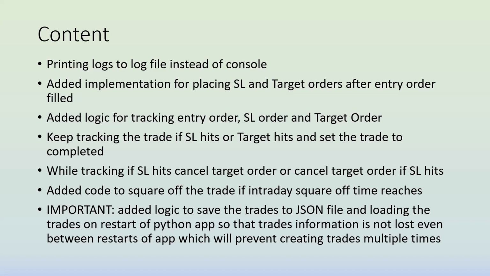So how do we write to the JSON file? We need to write periodically and update the JSON file, because your trade details and order details keep getting updated. Every minute, the way we track the trade, in the same loop, after we update the order details, we update the persistent storage, that means the JSON file where we are saving all the trades. We'll see how the code is organized here.